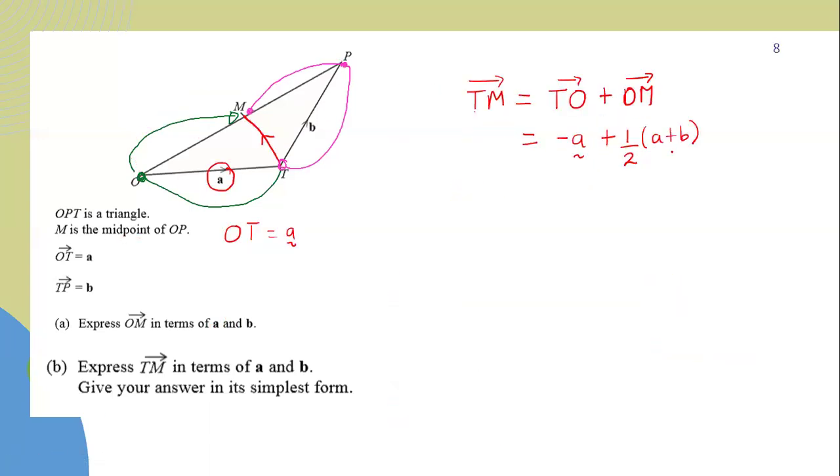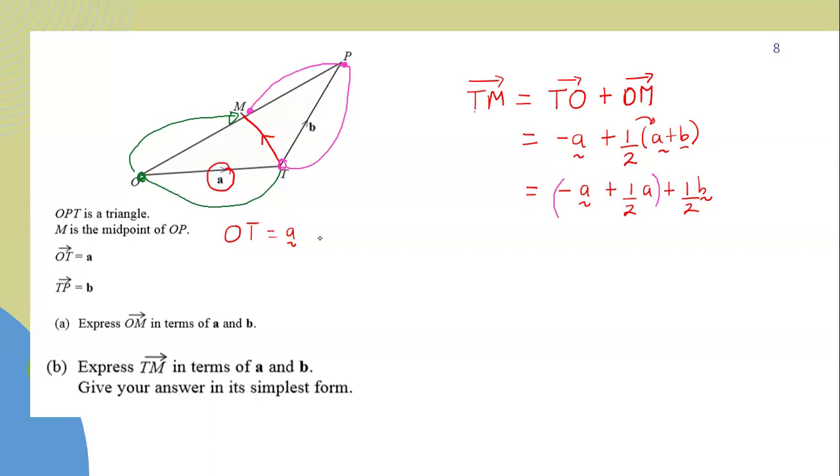Now, when we reach here, you must simplify your answer. Never leave your answer when it is not simplified. If you can go on and simplify. So we are going to open our brackets. So this is going to be negative A plus, when you open, a half of A plus B. This half affects A, and still this half affects the B. So we shall have a half of B. Now, you collect like terms. So in collecting like terms, these two are going to be added together.